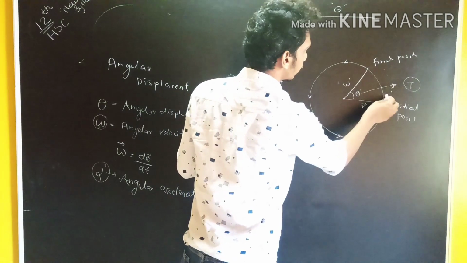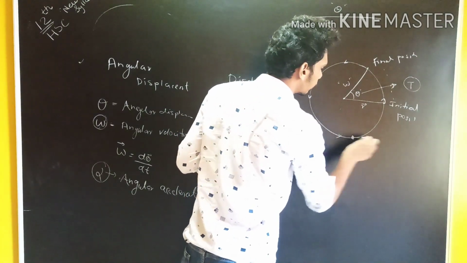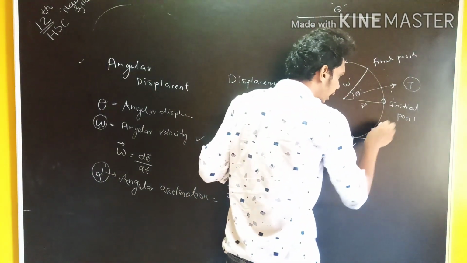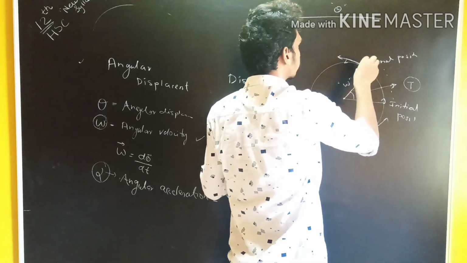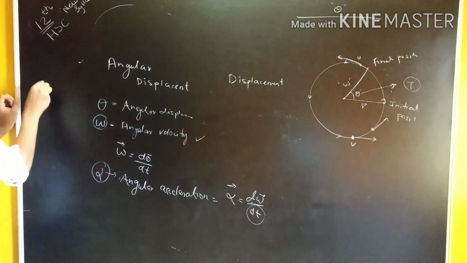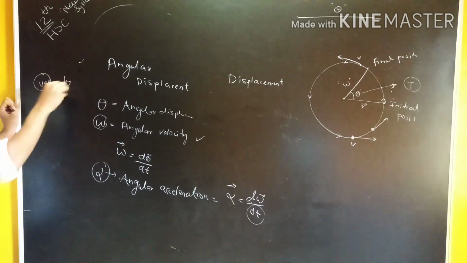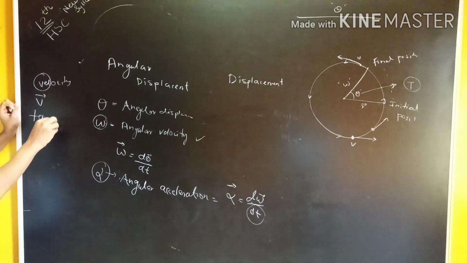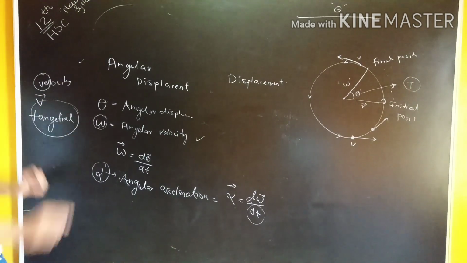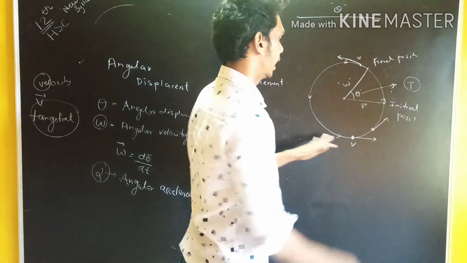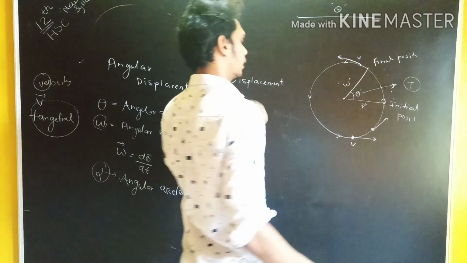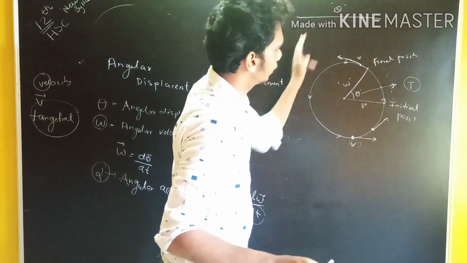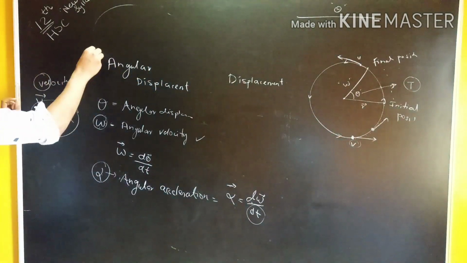But we have to consider one point here, the direction of the velocity. Suppose point A is here right now, moving in this direction, so the direction of the velocity is here. If it moves a little bit here, the direction also changes. If it moves here, the direction changes again. So the direction of the velocity changes continuously, but it is tangential. That is the more important point we have to consider. At every point the direction is changing, and that's why it's called a vector. The magnitude must be the same, but the direction is changing, so we have to consider that only. So this is about angular displacement.